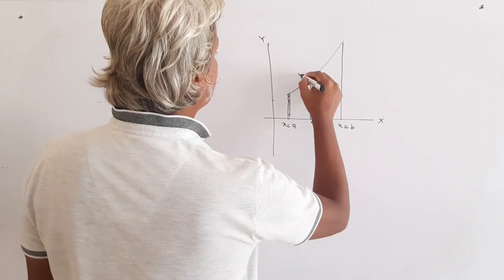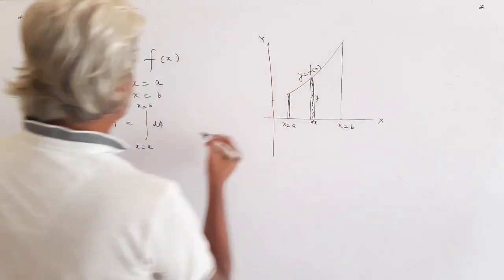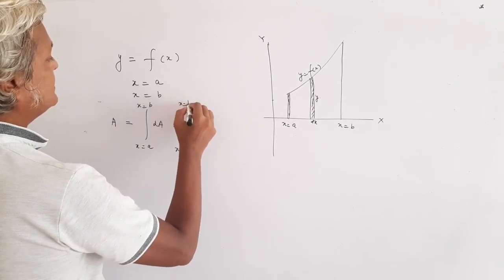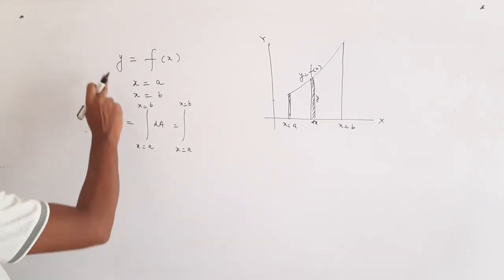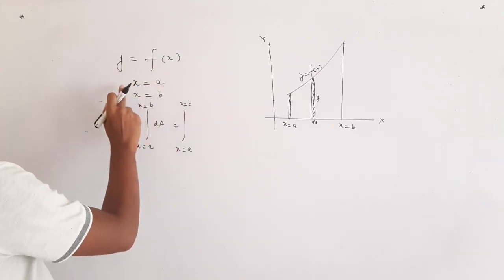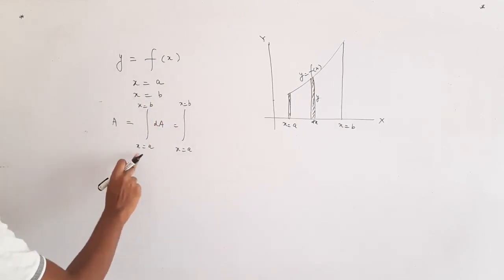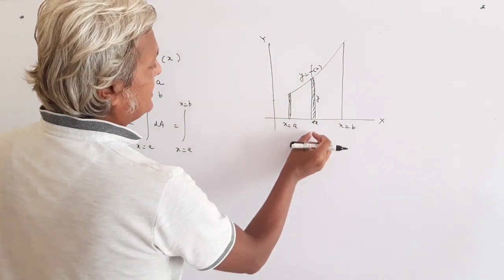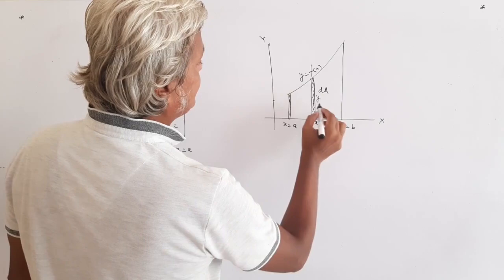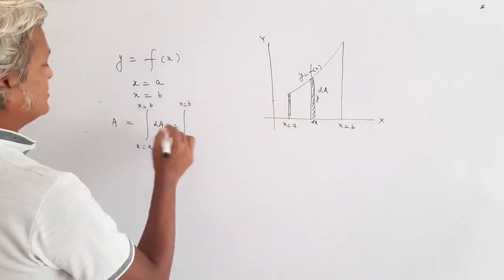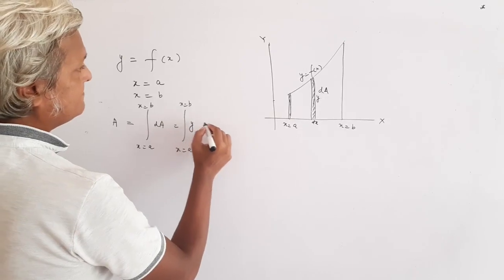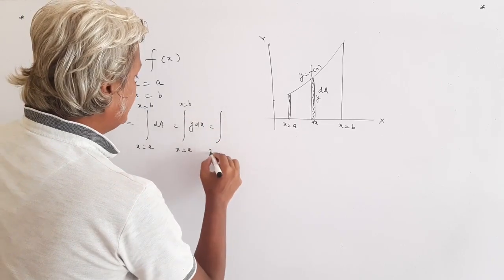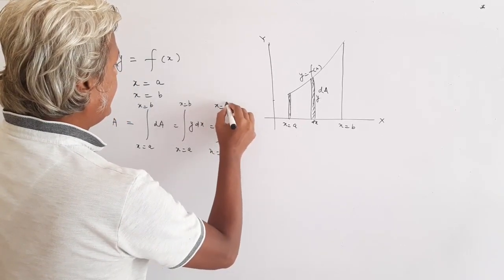This is your y equals f(x). So we have to find the area bounded between x equals a and x equals b. Suppose y equal to f(x) is plotted like this, then this strip has area dA, and its width is dx, so dA is y dx. Now what is y? y is the function, so the area becomes the integral from x equals a to x equals b